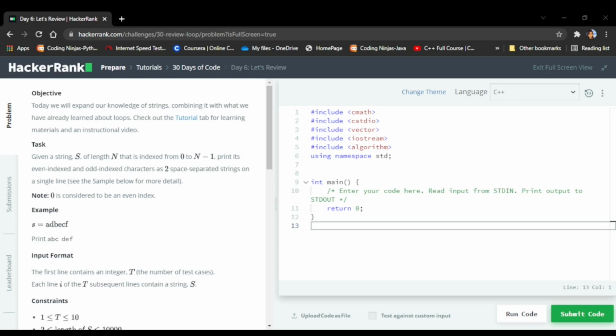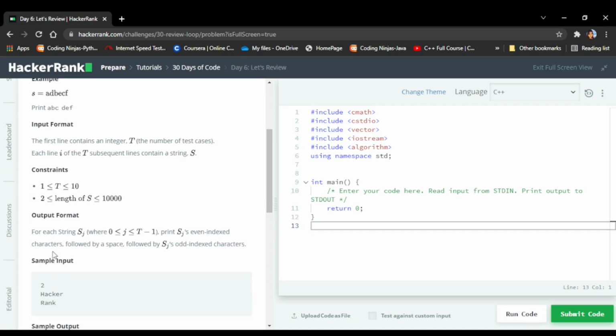Here they have given an input format. The first line will contain an integer, the number of test cases t, and each of the t subsequent lines contains a string s. In the sample input they have given 2, that means 2 test cases, which means 2 strings.